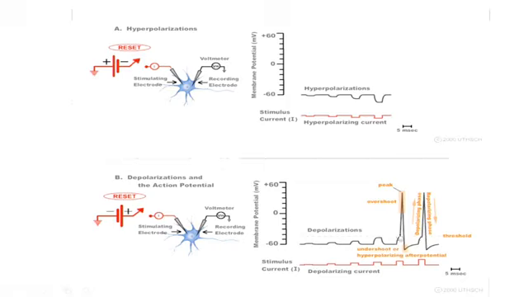And then you reach a certain potential, which, for obvious reasons, is called the threshold, and that leads to the generation of this all or nothing action potential. And what you see here also is the fact that if you make the battery even larger than the battery that was used here, you'll still get the same all or nothing action potential.